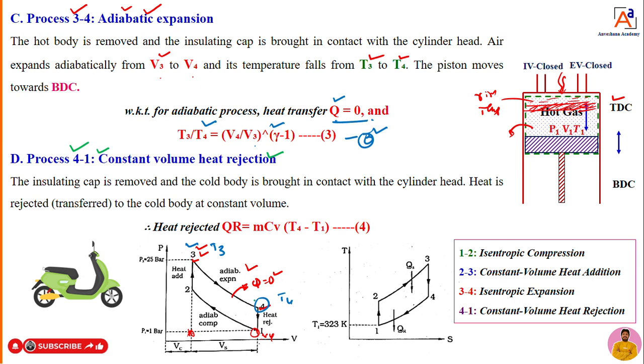Now point 4 you reached, right? Then you are moving from point 4 to 1. That means the piston already reaches the BDC during the expansion. Fine. Now what we will do? We are going to open the exhaust valve. Then what happens? Whatever hot gases are present,